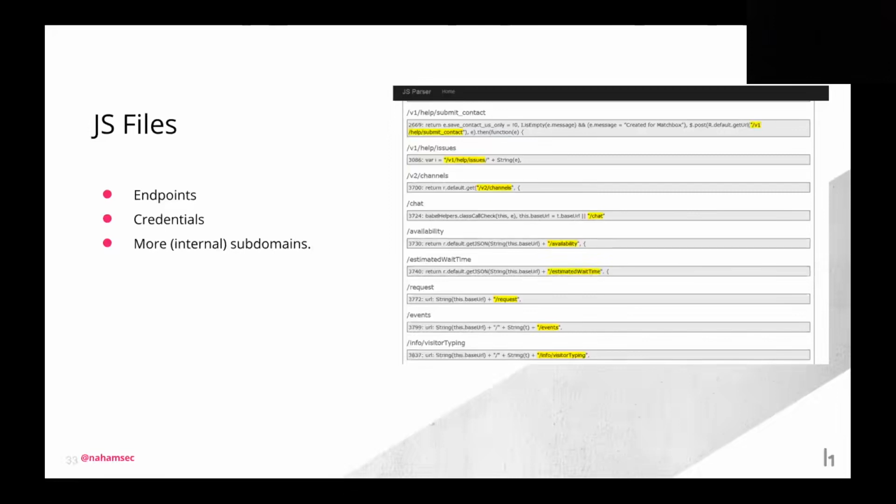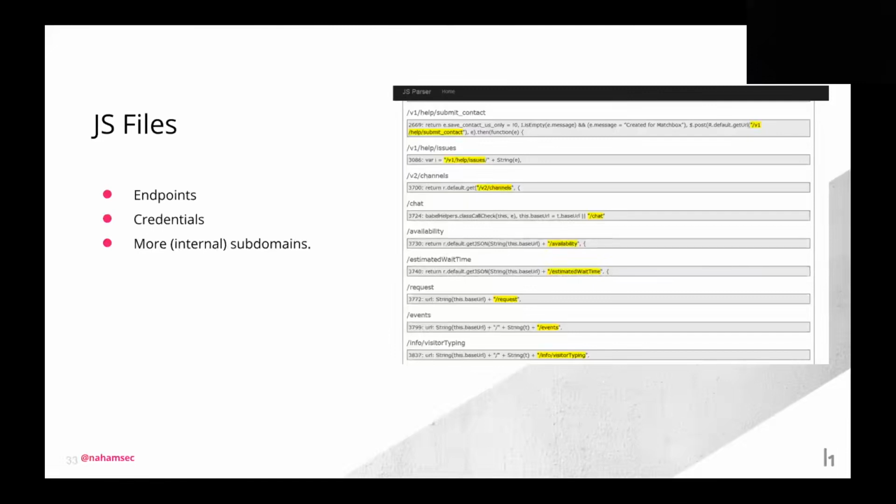Parse through it. It would give you all the endpoints that are on there. Not only are JavaScript files good for endpoints, I've actually seen people put credentials or tokens in there as well. So always look for those. I've seen Amazon Web Services a couple of times being in the JavaScript files. Not sure why they would do that, but again, it's just looking for those and making sure you always are